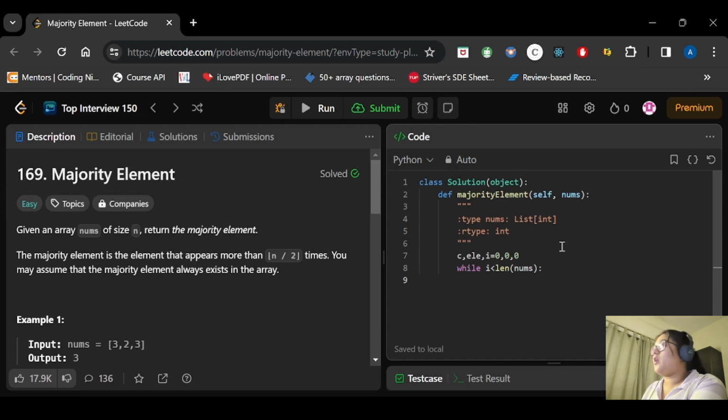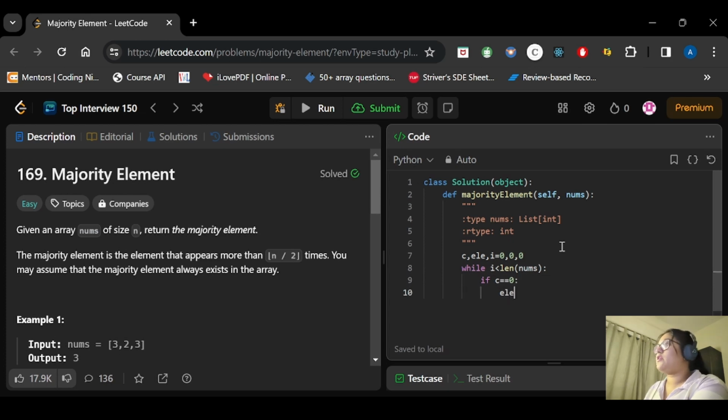So if count becomes 0 here, then we have to assign a value to element. Now we also have to check that if the value is equal to element, then we need to increment the count value, right?